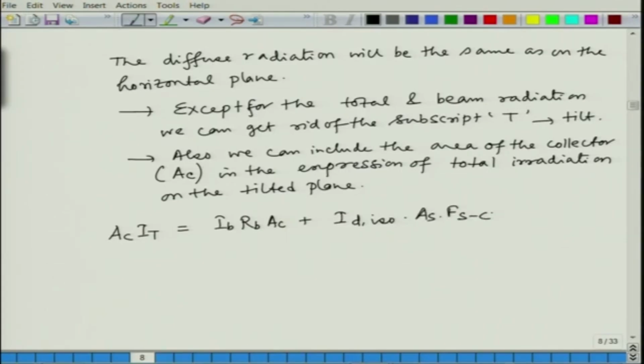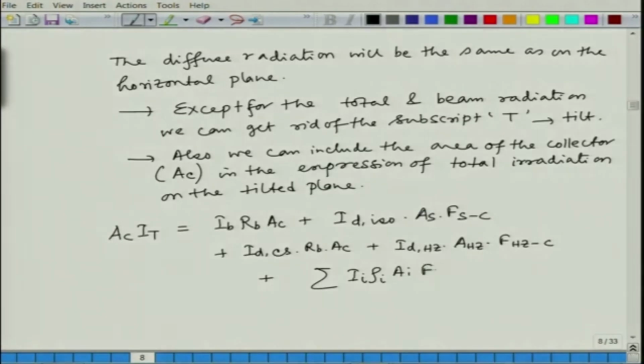I will come to each of these terms, so please have patience, plus I_d,CS R_B A_C, plus I_d,HZ multiplied by A_HZ F_HZ-C,